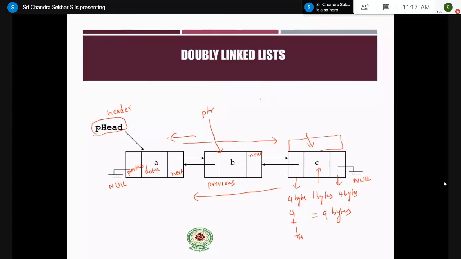But if you consider the singly linked list like this, this is the data part. For the data part, it occupies 1 byte, and for the link part, it occupies 4 bytes. So a total of 5 bytes is required for implementing a node in the singly linked list. Whereas the doubly linked list occupies 9 bytes, therefore each and every node takes 4 more bytes in the doubly linked list. That is treated as one of the disadvantages. That is, doubly linked lists occupy more space when compared to singly linked lists, right?